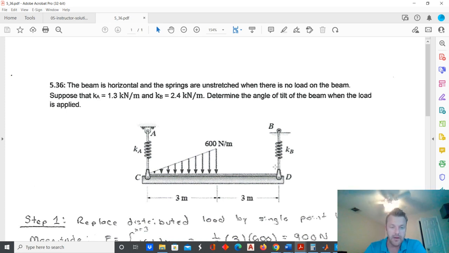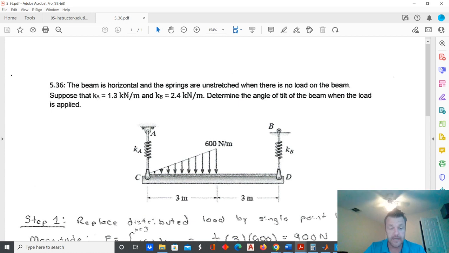And what we're told is, if we know the stiffness or the spring constants for both of those springs, can we determine how much the beam actually tilts when the load is applied? And I should have added in addition that we're told that the springs, rather, are unstretched when there's no load applied on the beam. So when you think about solving this problem, like all problems in statics, we kind of